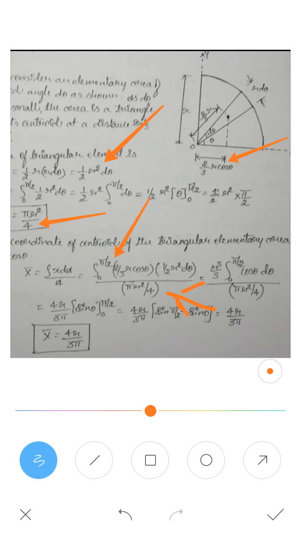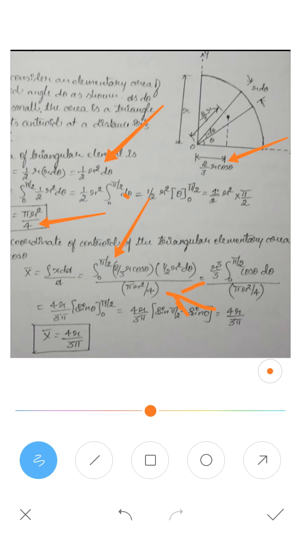So you can see that whatever I have done in the previous step will remain the same. All the steps remain the same which I solved in the previous semicircle. You follow that? In the numerator, 2 by 3 r cos theta is there, and another is half r square d theta. The 2s both get cancelled, remaining will be r cube divided by 3.